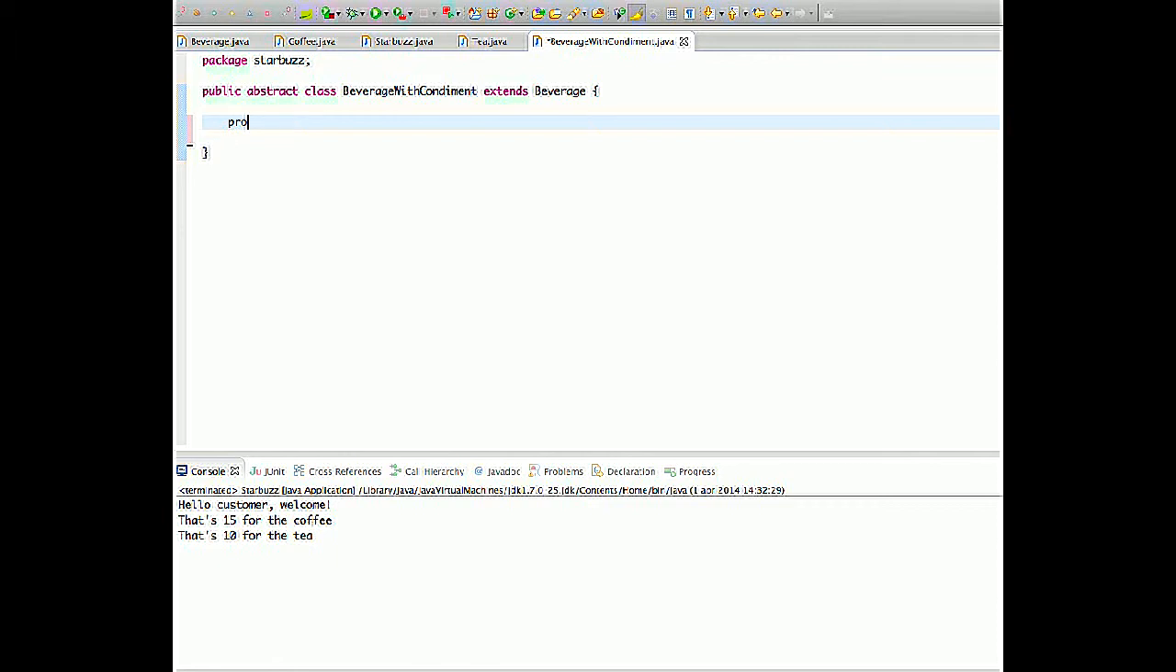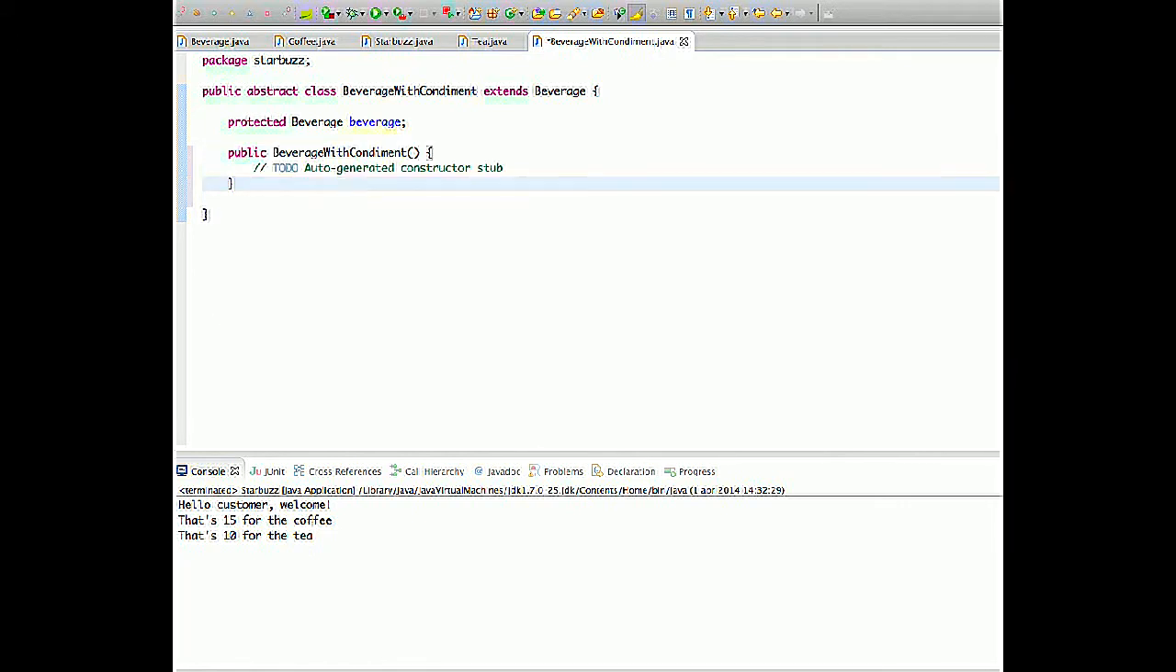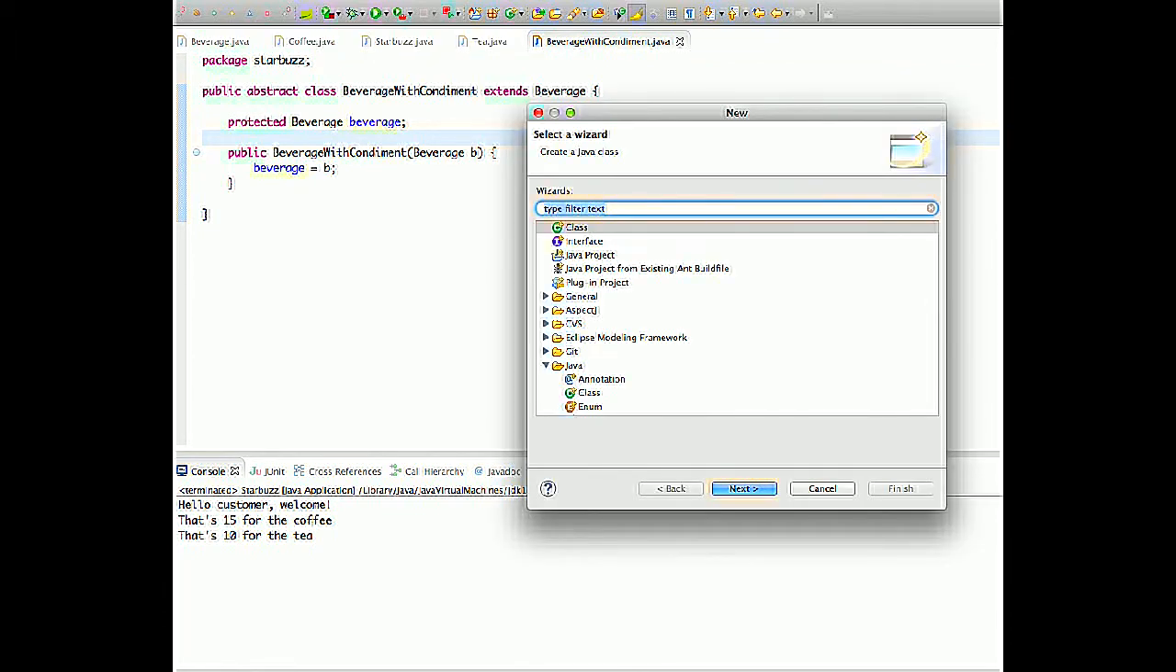So we'll say that this is a beverage, and whenever we create a beverage with condiment, we'll have to have a constructor that sets beverage to something sensible. So here is our beverage with condiment, and now let's add a specific type of condiment, such as a